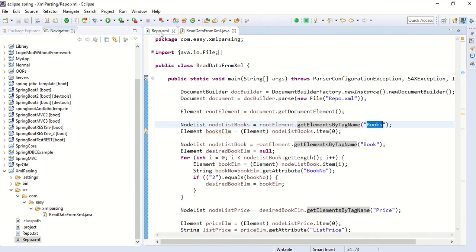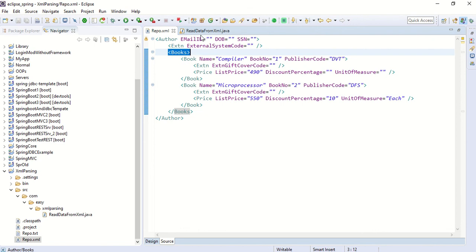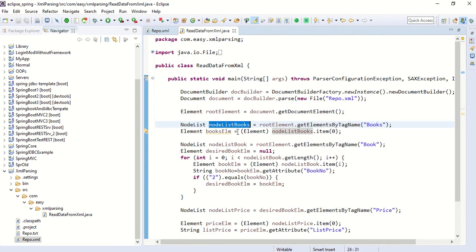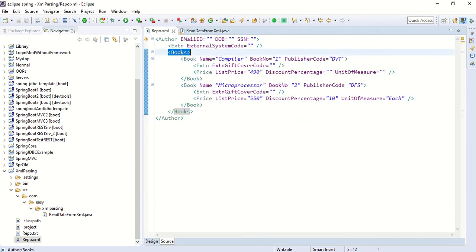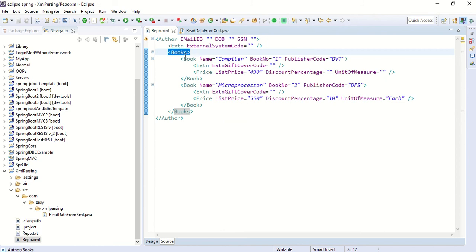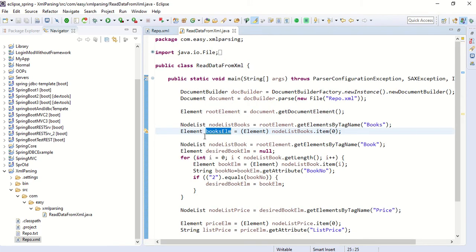Here we have only one element, but that's fine, it comes as part of the list. We take the first item, the 0th item. It's a node, and an element is also a node, but here we need to typecast it to Element. So we got the books element.